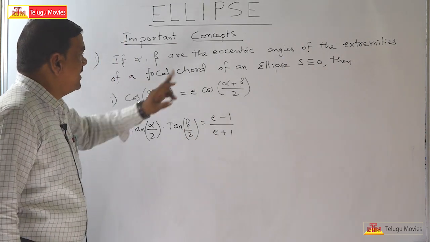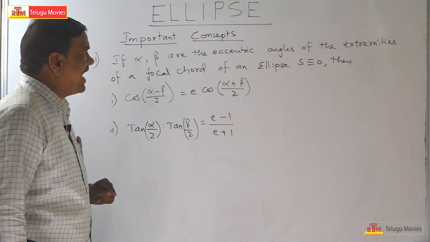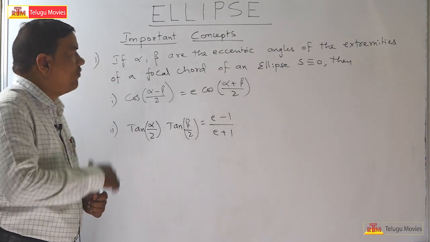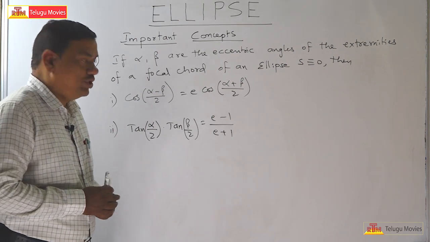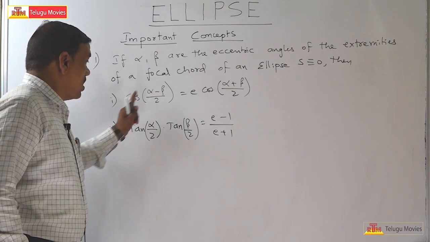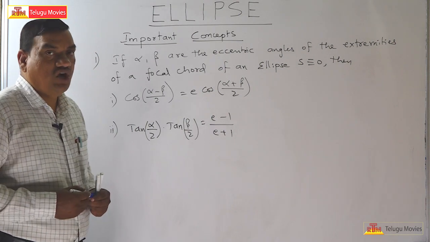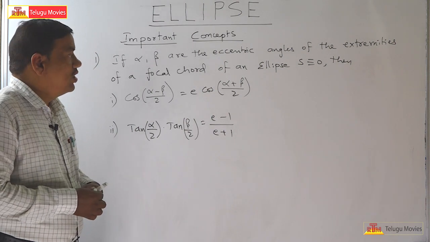If alpha and beta are the eccentric angles of the extremities of a focal chord of an ellipse S equal to 0, then cos of (alpha minus beta) by 2 is equal to e times cos of (alpha plus beta) by 2. Now, what is this